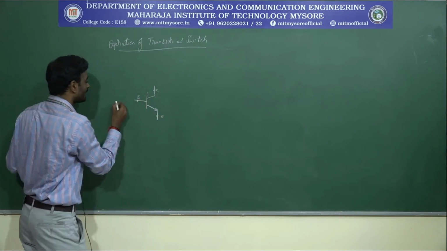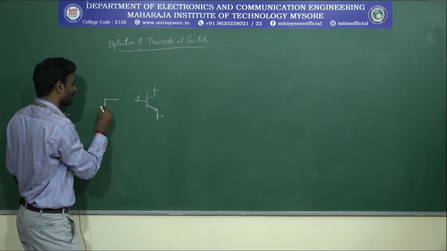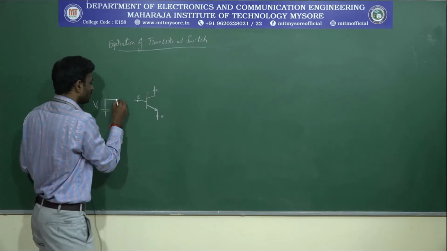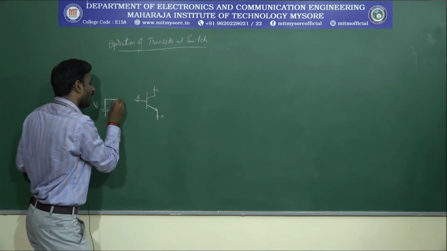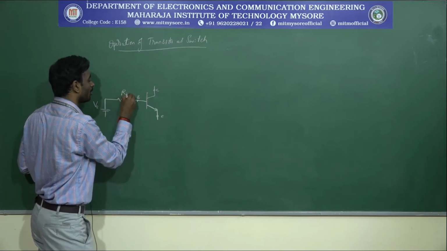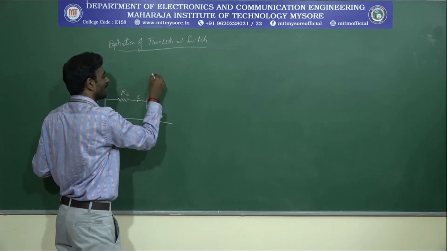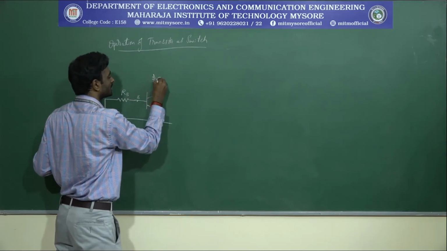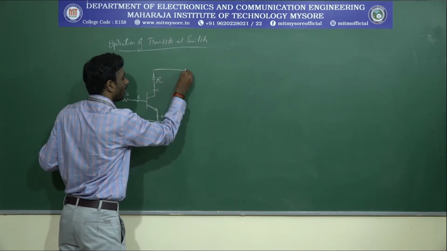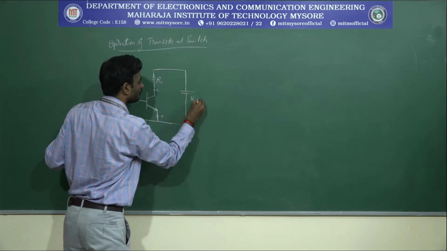To operate this, I need to apply an input supply, that is, supply voltage. It will be considered as a base voltage, and I should apply some resistance value, that is load value. It will be called RB. And across the collector, I am supposed to use some resistance value. It will be called an RC value. Across this, I will be measuring the output voltage. It will be considered as VCC.